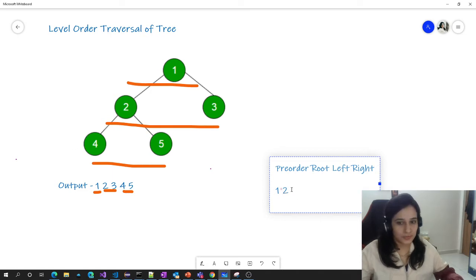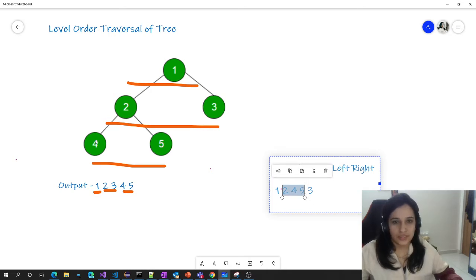So we will have to print the children of 2 first, 4 and 5, and then the right child of 1, which is 3. Basically, this whole part, 2, 4, 5, is the left of 1, and yeah, root, left, and this is right. So this is the pre-order, but this does not match the output, which says after 2, 3 should be printed, but this prints something else, right?